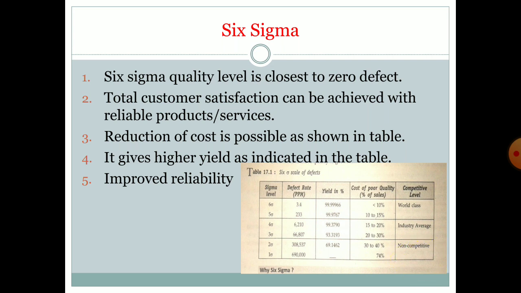In summary, as the levels of sigma go on decreasing, quality goes on deteriorating and diminishing, and products have more and more variation, more wastage, and more rejection, and the parts per million rate of defects goes on increasing, right? And as the rate of defects goes on increasing, the cost of poor quality goes on increasing, and our organization moves from world class to non-competitive. That will be the lowest level for the organization.